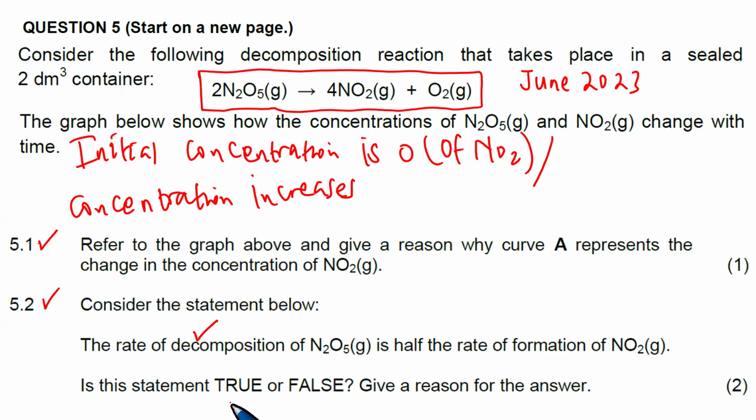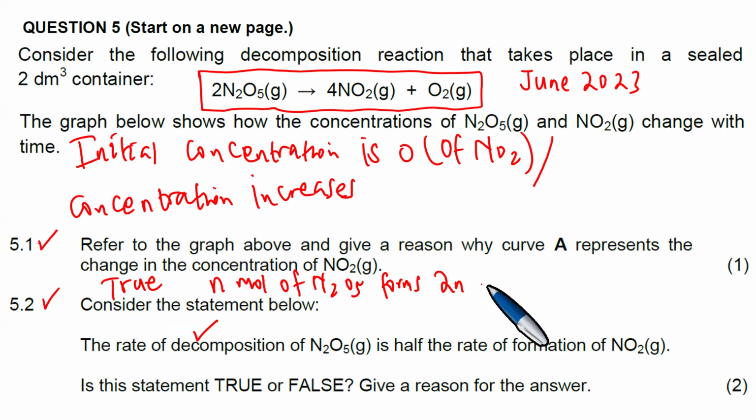Is this true or false? Give a reason for your answer. By merely looking at this, we're able to see that indeed it is true. Right? Why would this be true? N mole of N2O5 forms 2N mole